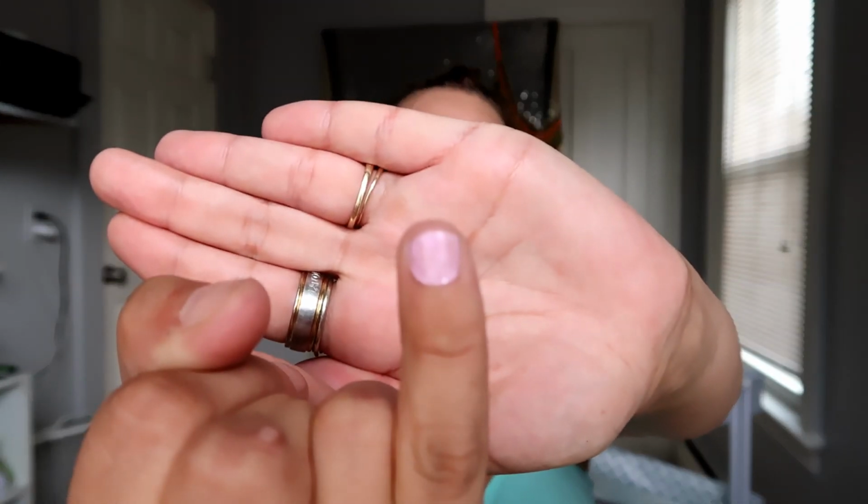Well, this is one coat. It's nice and shiny. It's natural-ish. I guess if I put another coat, come on. If I put another coat,